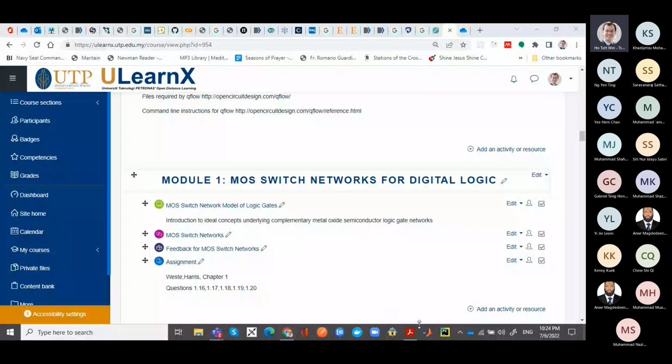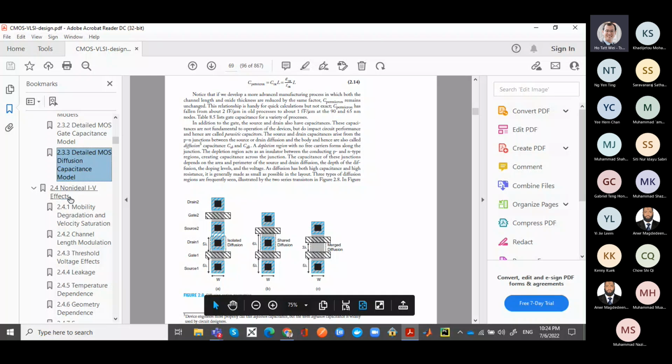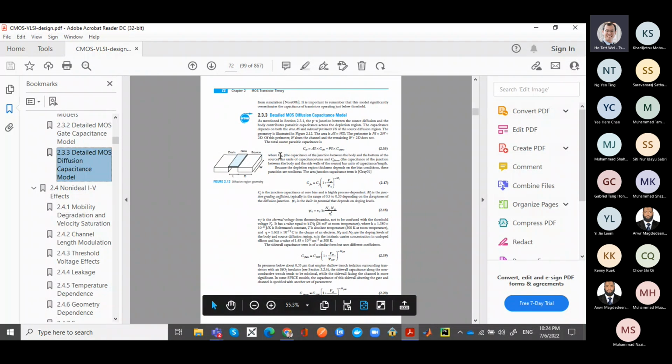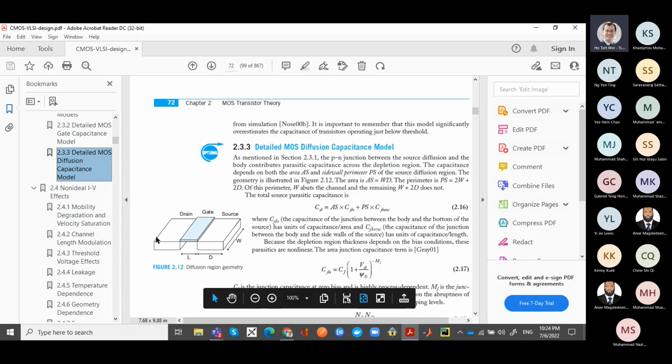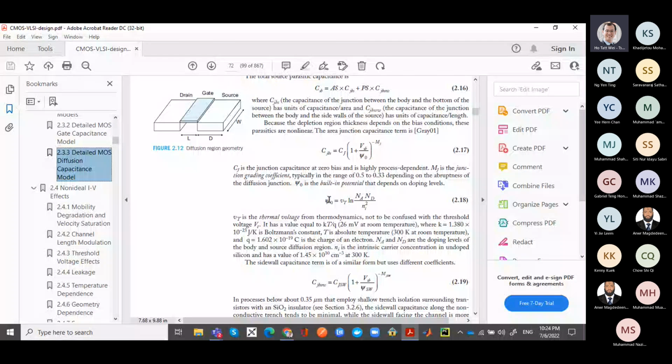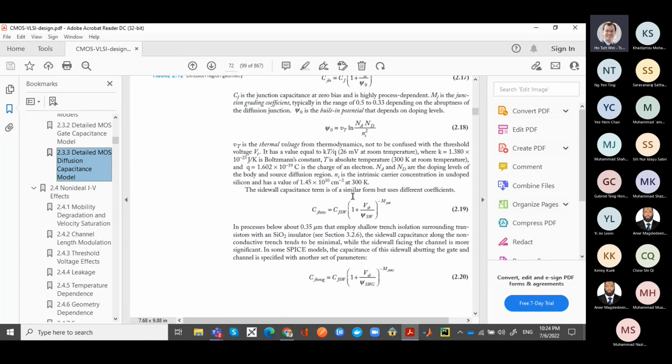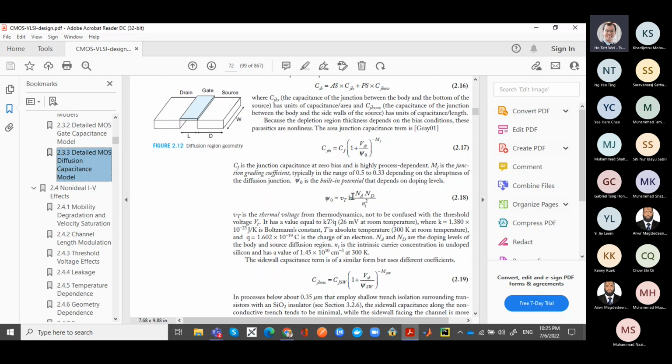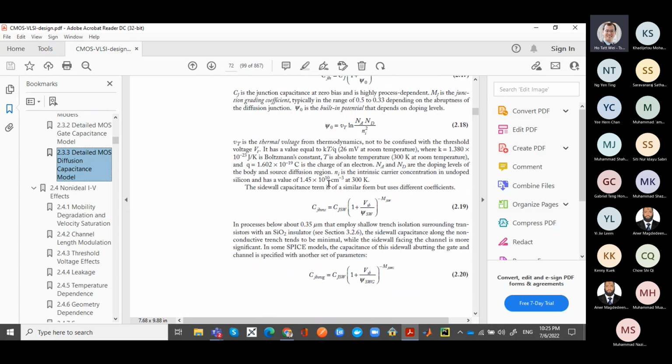So if you go to the text and you go to the diffusion capacitance model. So the capacitance sitting at the drain and the source, these are what is known as the diffusion capacitance, right? Because the capacitance is coming from the diffused region. So this is just ways to calculate it from some more basic material properties. So these are all parameters that give you the material property. Roughly, if you want an order of magnitude estimate,